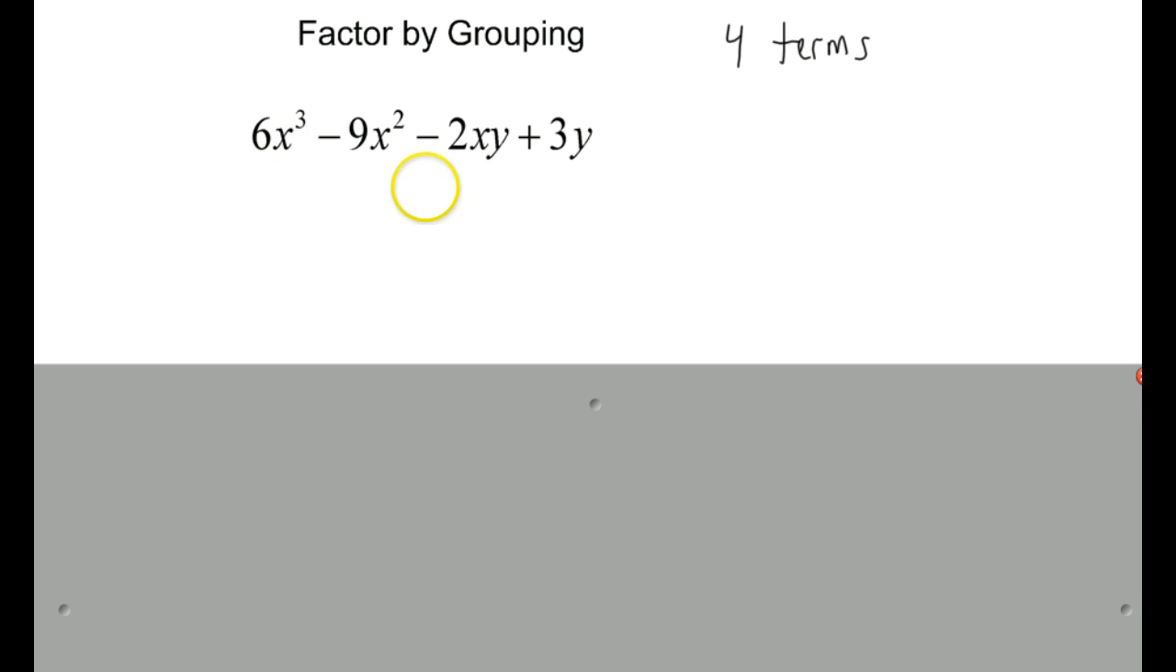that the first and third terms go together nicely. You think about GCFs and what might go together nicely. Sometimes you have to try one, it won't work, and you'll try it another way. I'm just going to group the first two terms and then the next two terms. So I'm going to say 6x cubed